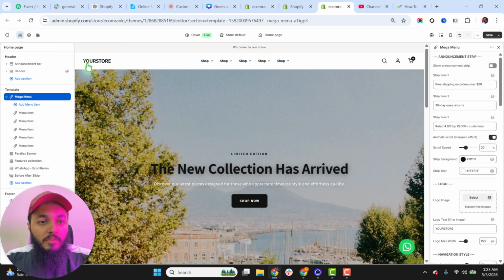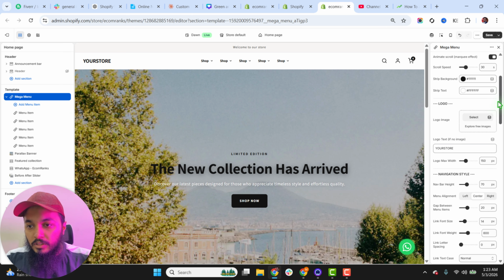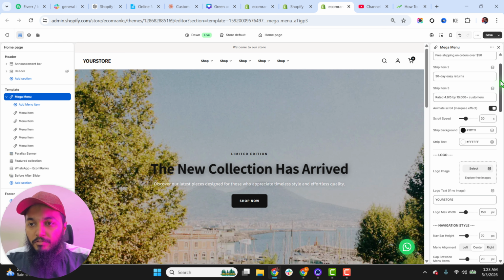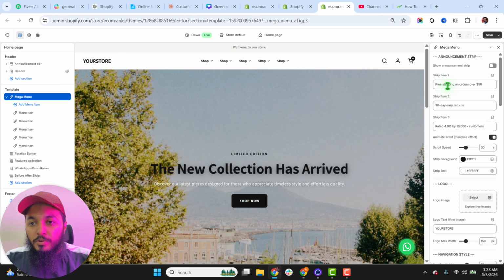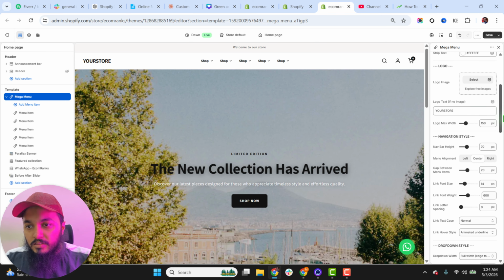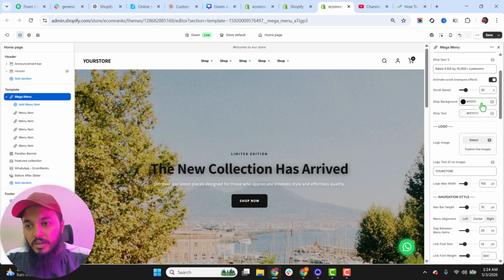Okay, at left side, we have an option to add our logo. If I scroll down, there is an option to add the logo image of your brand. So you can simply upload it and attach the image over here. If I scroll to the top, there is an option for the announcement strip. Like if you want to use your own theme announcement, you can ignore strips 1, 2, and 3 items. Let's scroll down. There is an option for the setting of the announcement bar background, which we have